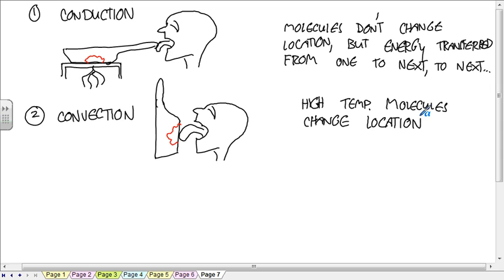What are we talking about? We've done conduction and convection. Okay, yeah, so there's one more. Anyone know what the third one is? Radiation, yep. And radiation is a special one. So radiation works like